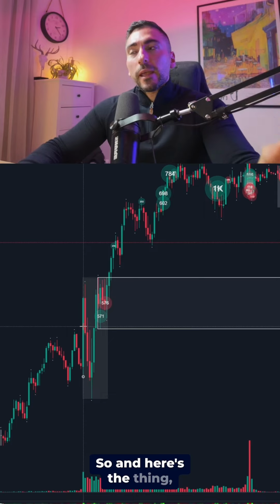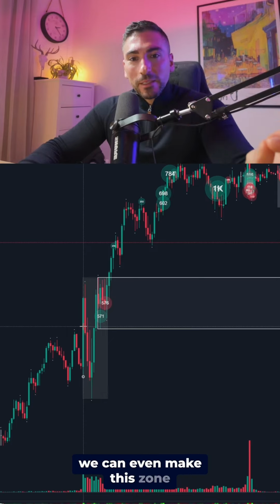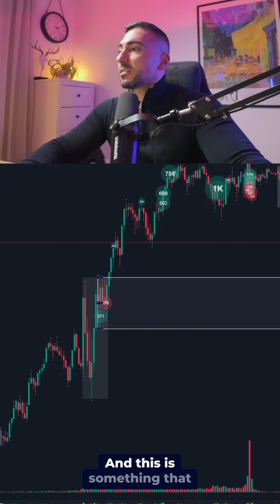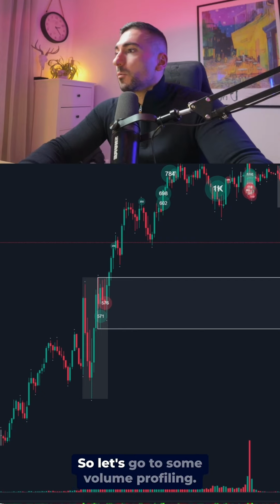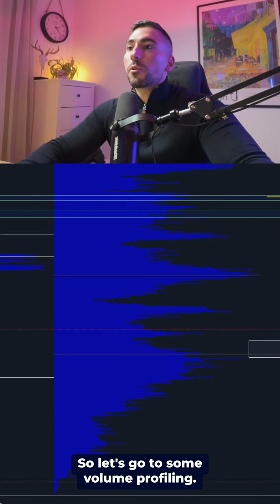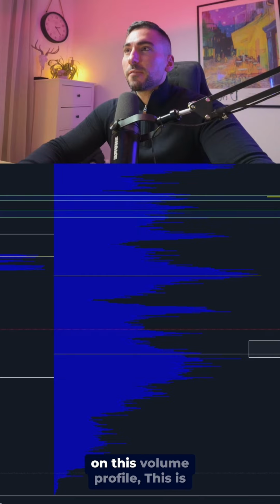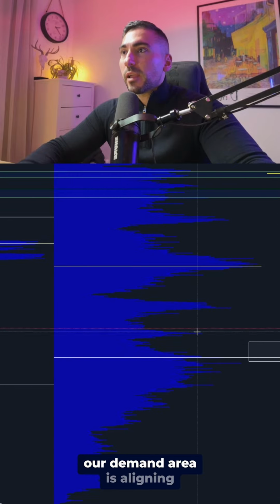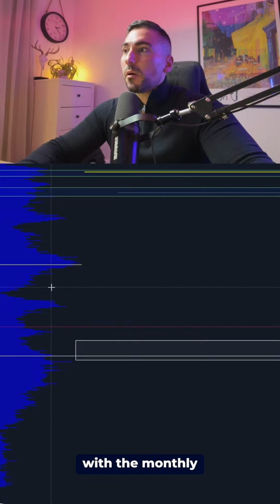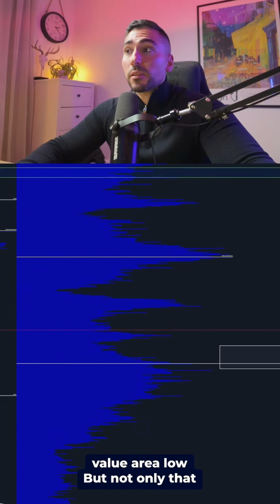And here's the thing, we can even make this zone a little bit stronger, and this is something that most people don't ever teach or don't ever show. So let's go do some volume profiling. We see right here on this volume profile, this is actually the monthly volume profile. So we see that our demand area is aligning with the monthly value area low, but not only that, we